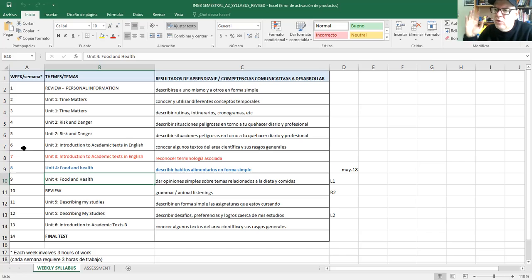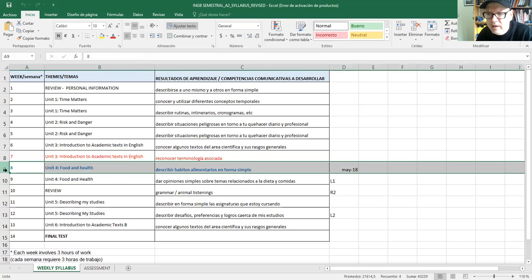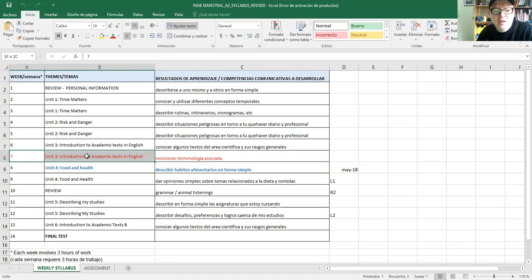Unfortunately, in my original planning, I thought we had only one week of break. So we have to make a change here. We are not going to do this, which is week number 7. We are not going to do it. We're going to continue from here, from week number 8, all right? Week number 7